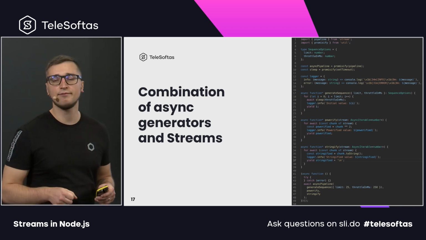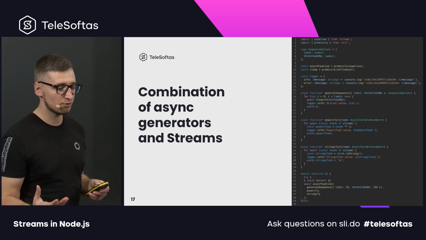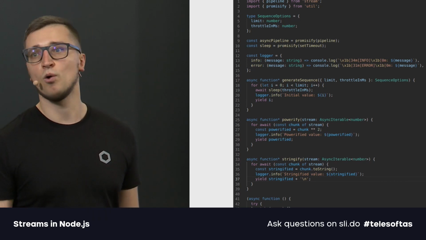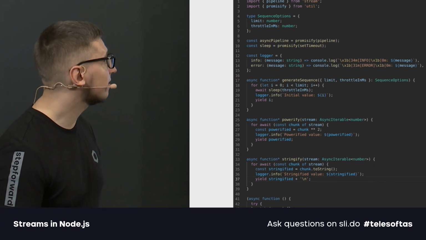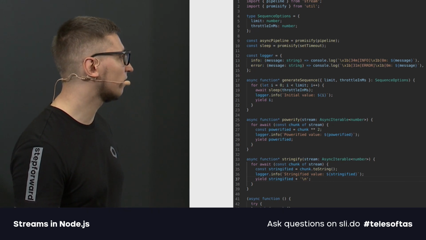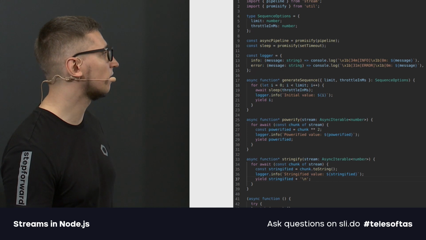So we can safely use, for example, a readable stream and an asynchronous generator for data transformation all together. And in this example, I have made a pipeline of 3 composed